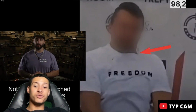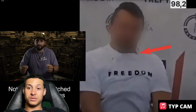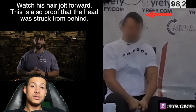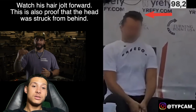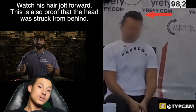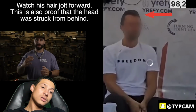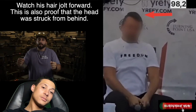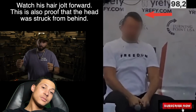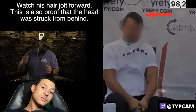Tissue to expand properly. Also, Charlie tensing up correlates and proves that he was hit in his spine. It's a spinal injury. Any of the game that I've shot in the neck or in the high vitals where you impact the spine, the game usually drops right in its tracks because you sever the spinal cord. This is again exactly what we see with Charlie. He tenses up. His head movement also correlates with being shot in the back of the head. His head snaps forward, and then he tenses up, and you see him fade away, drop the mic, and was